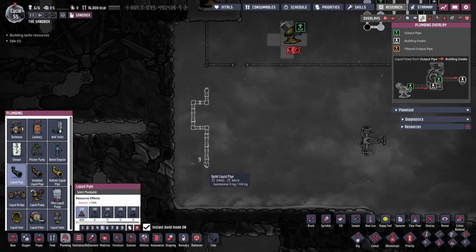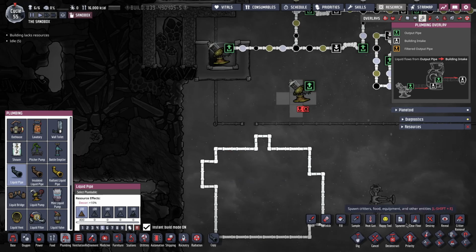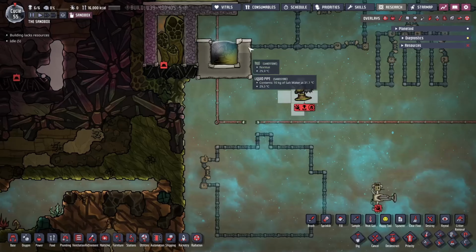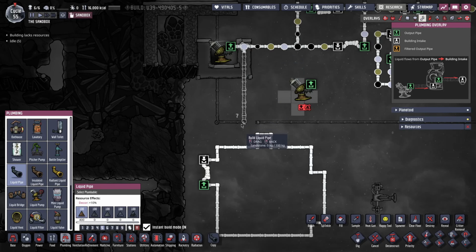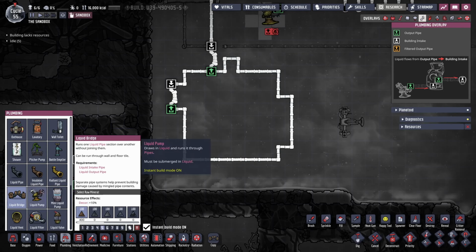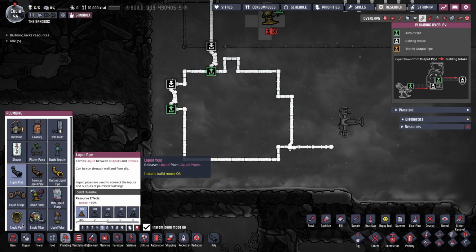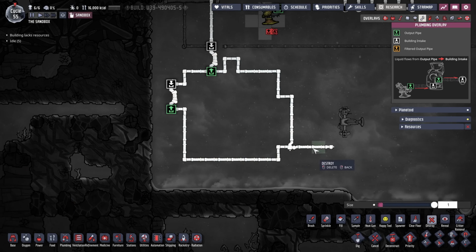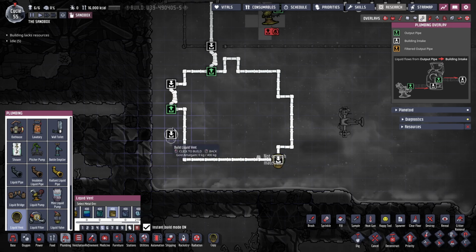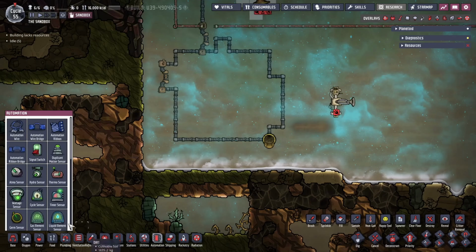Let's set up a real quick little loop. That's fine. Doesn't matter how botched it looks. We're going to deconstruct that one and put a bridge in. And then we're going to pump water in like so. That way. And then what we're going to do is we're going to have... that can go out there. Actually, we don't even need that. We're going to put a vent here. And what do we have? Crude oil, polluted water, and salt water. So we're going to put a